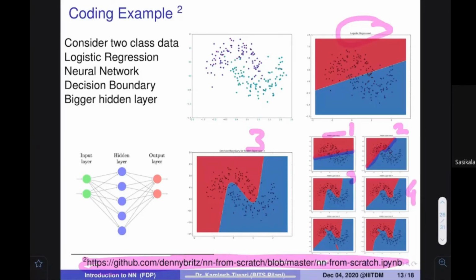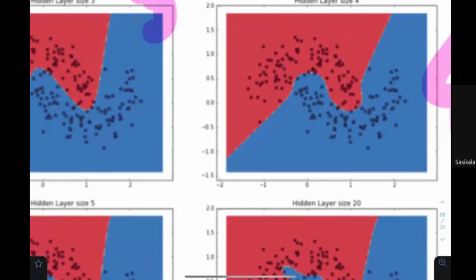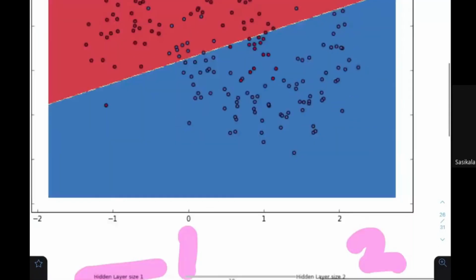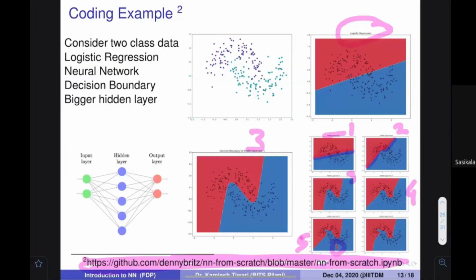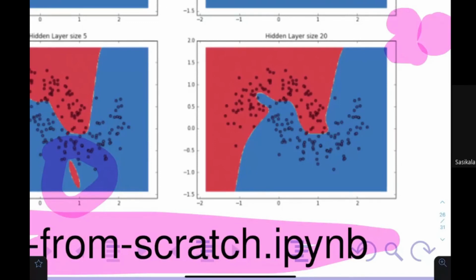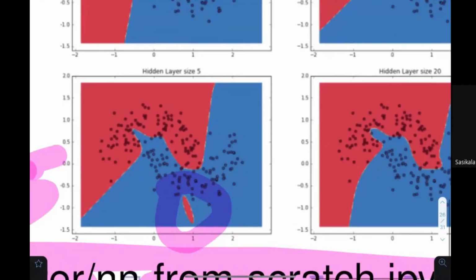With 5 neurons, you see that even here some portion is being covered. And if you use 20 neurons, this is the decision boundary. You can see that it is not that good, because it looks like it has learned a lot, meaning a lot of overfitting is there. Because if you are very correct on the training data, then on the testing data your performance may be bad. With 5, you can see there is some island also.